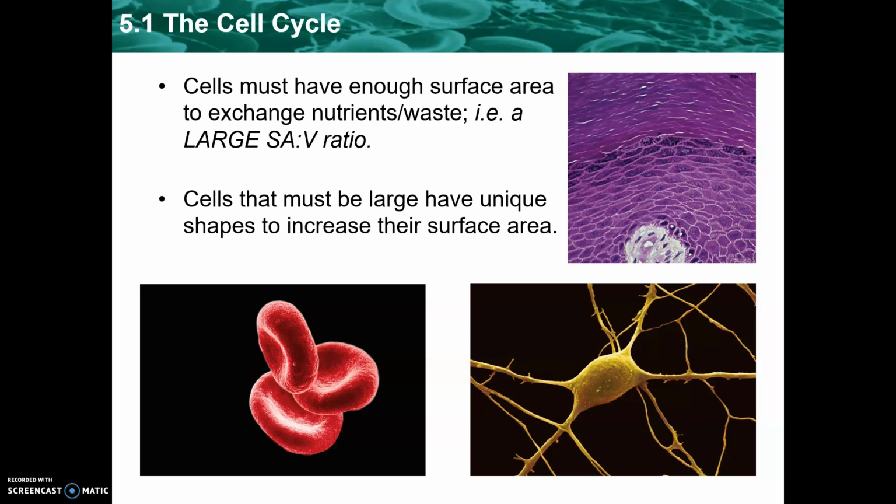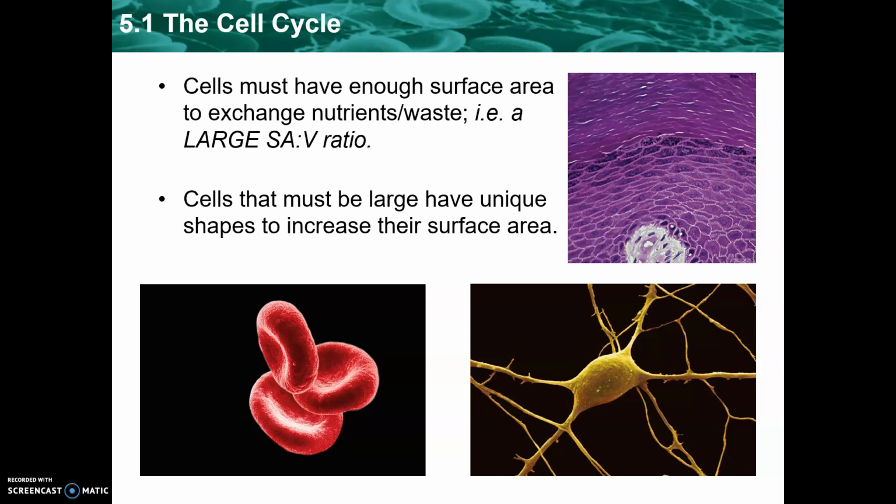So the other two things to consider about the cell size limitations is, first of all, this surface area to volume ratio needs to be large. We just kind of discussed that, how a small cell is going to be more efficient at exchanging nutrients. That's because it has a large surface area to volume ratio. So there's an inverse relationship there. The larger the cell, the smaller its surface area to volume ratio. And a large surface area to volume ratio is preferable,